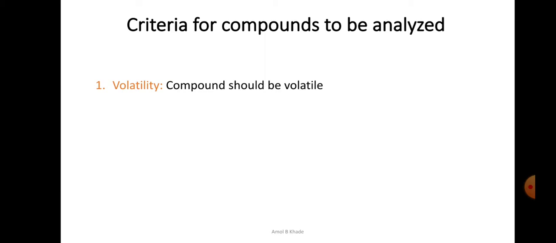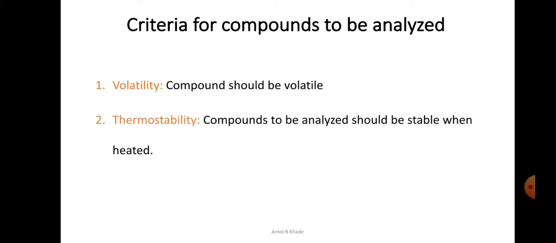So that is the first criterion required to analyze samples in gas chromatography, whether it is GSC or GLC. The second criterion is that, as you are evaporating the sample by application of heat, it should have sufficient stability, so it should not be thermolabile. The sample should be thermally stable so that you can heat it and convert it into a vapor form. Now some samples will not be converted into a vapor form, or they are thermolabile.